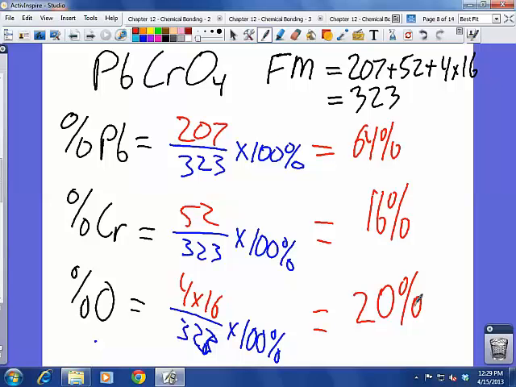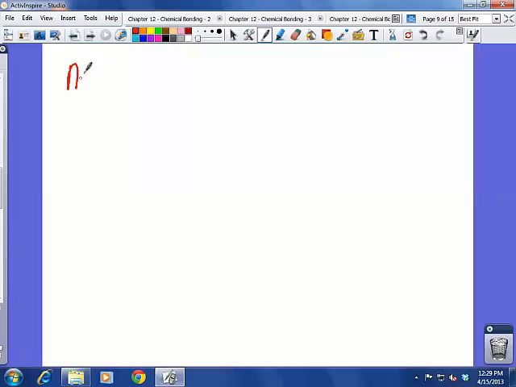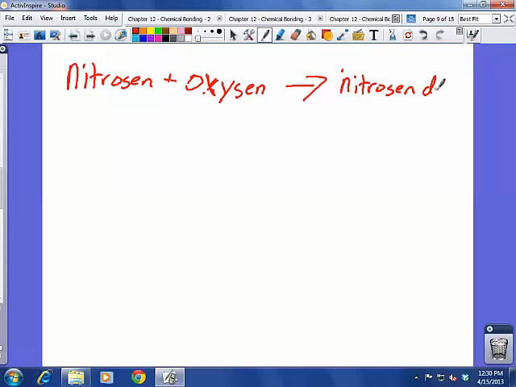Good. Well, let's try to pull all this together then. Let's say we have another reaction. We have nitrogen plus oxygen goes to make nitrogen dioxide. And let's say that you start with 14 grams of nitrogen, 34 grams of oxygen, and end with